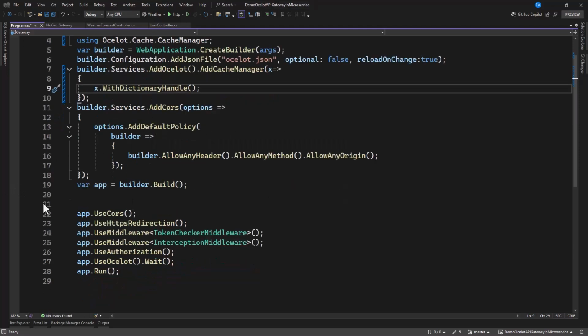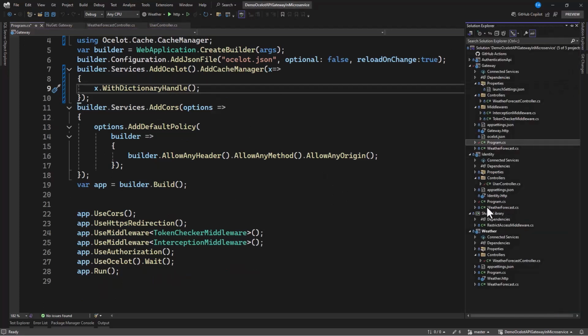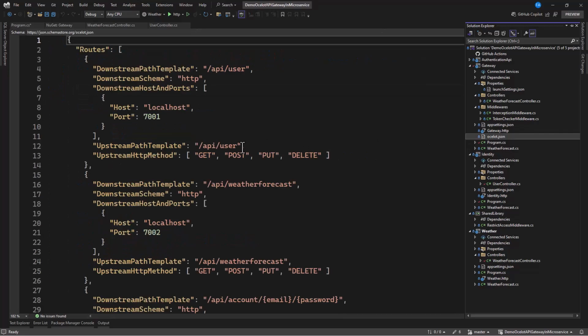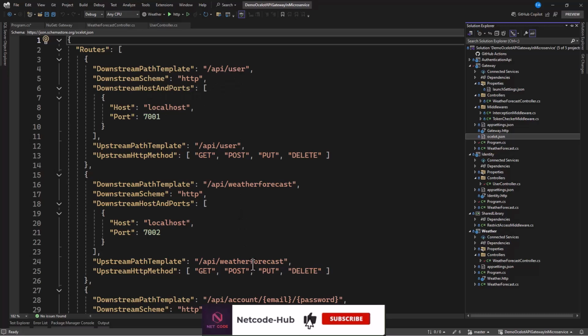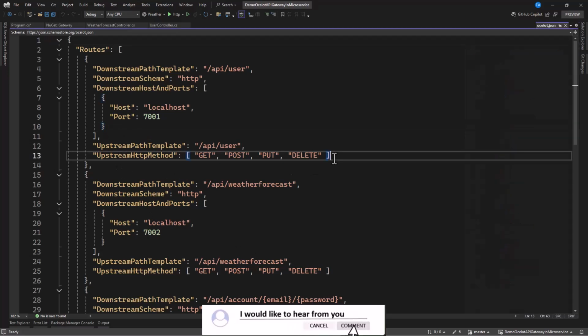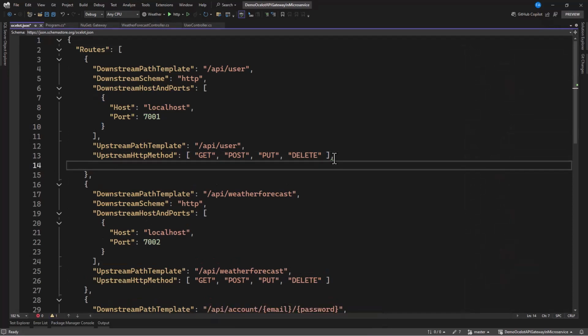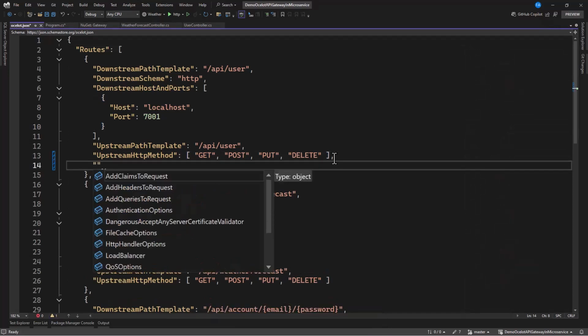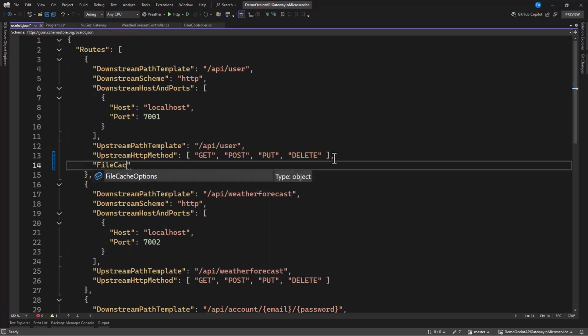Okay, so let's go to our API, the ocelot.json file that we created. We can add caching to each of the routes that we have in here. There's a user and we have a weather forecast. So let's add caching to each. In order for us to add the caching, all that we need to do here is to specify another option, and I'll name it FileCacheOptions.